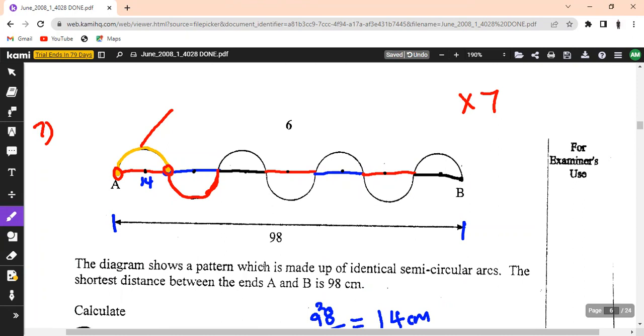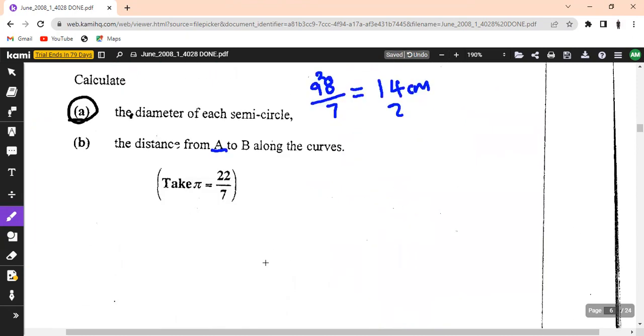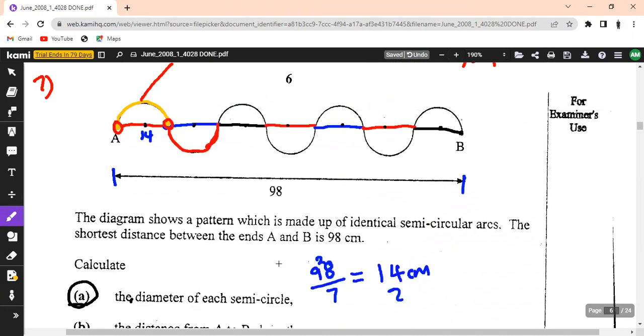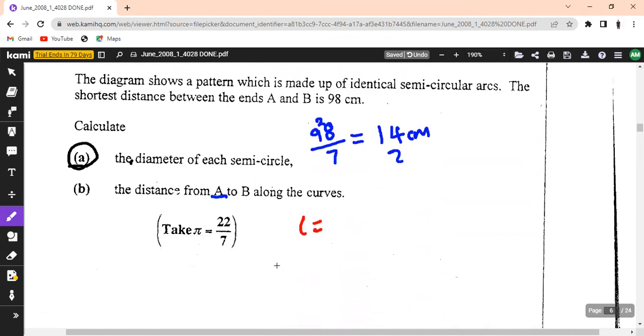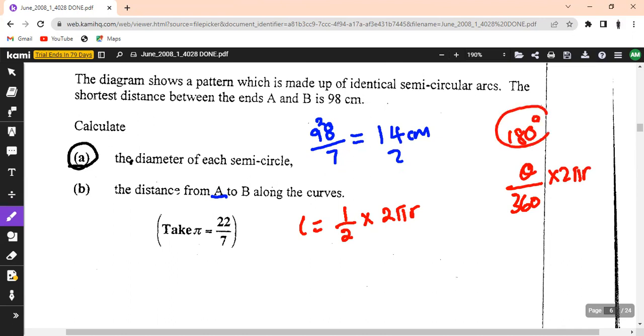And how do you calculate the length of the arc? Remember from your formulas, guys, length of arc is equivalent to theta over 360 times 2 pi r. But in this case, it's a semicircle. So instead of using theta over 360, it's going to be half times 2 pi r. It was supposed to be theta over 360 times 2 pi r, but our theta in this case is 180 degrees because we've been given a straight line, which is a diameter. So it's just going to be half there. So this and this can cancel, which means you're going to be left with pi r, which is pi